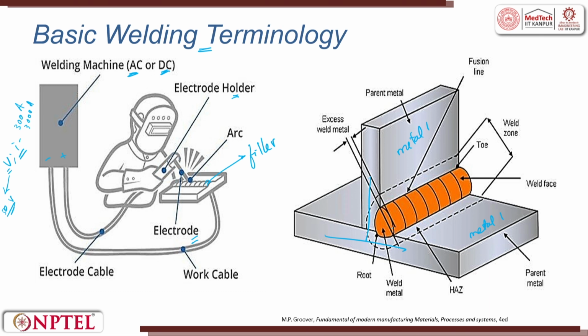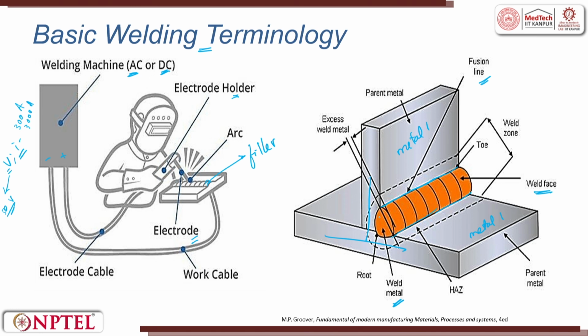So, you can see here there is a fusion line between the parent metal and the weld face. This is a weld face, this is a metal. So, between these two there is a fusion line. You have a fusion line here, there is a fusion line here also. Fusion line means a line where there is a gradient shift between the material that melts and flows and the cold metal. So, this is the weld metal, the orange one is the weld metal which is filled here, and then it is joined.